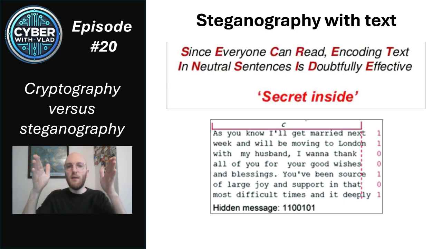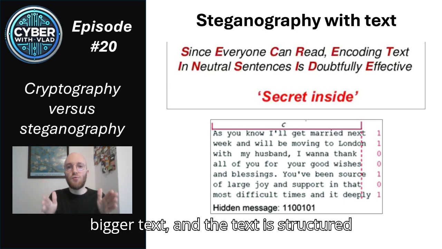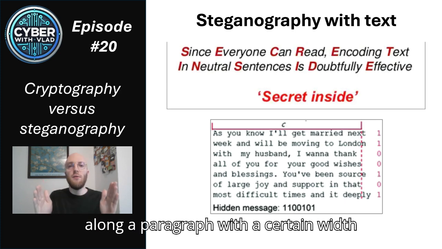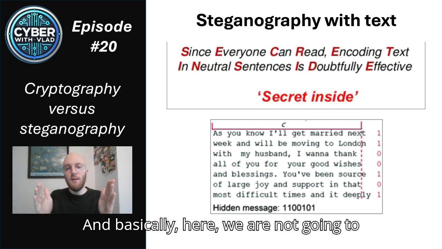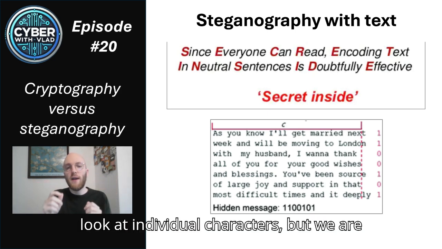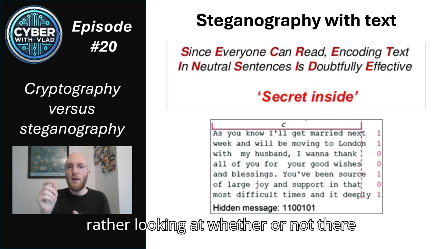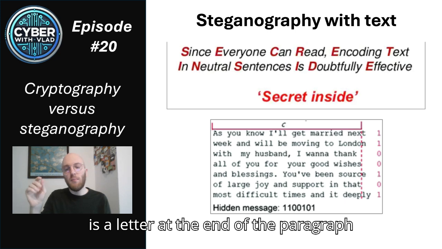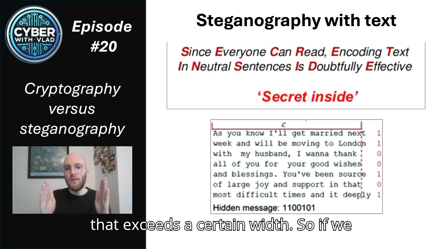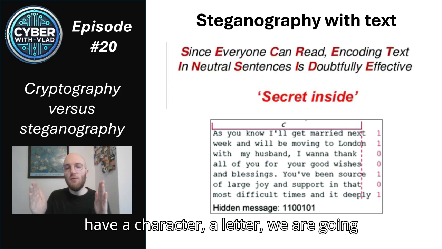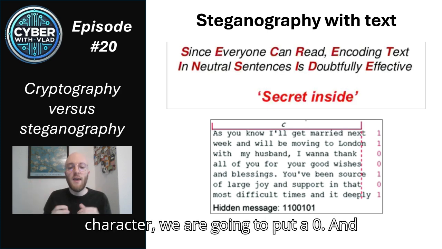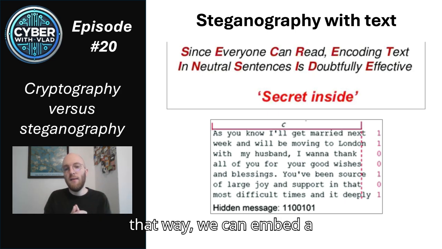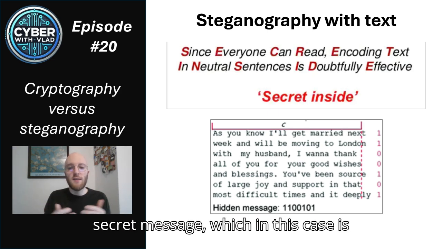Here we have a bigger text, structured along a paragraph with a certain width. Here we are not going to look at individual characters, but rather at whether or not there is a letter at the end of a line that exceeds a certain width. If we have a character or letter, we are going to code that as a 1. If we don't have a character, we are going to put a 0. That way we can embed a secret message, which in this case is